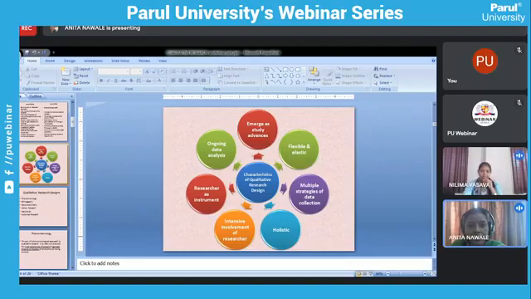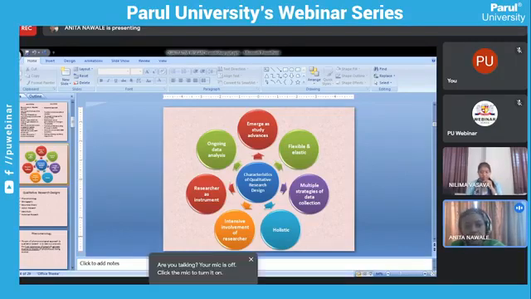Characteristics of qualitative research design. I have explained this now: emergence as a study advances, flexible and elastic, multiple strategies of data collection. It is holistic, and there is intensive involvement of the researcher. The researcher as an instrument is used for data collection, and ongoing data analysis is important for qualitative research. These are the characteristics.